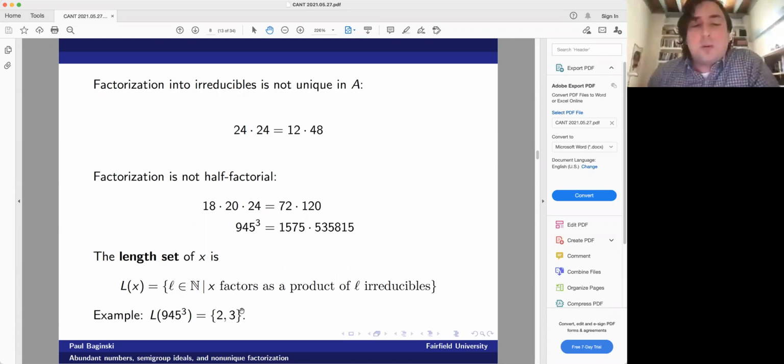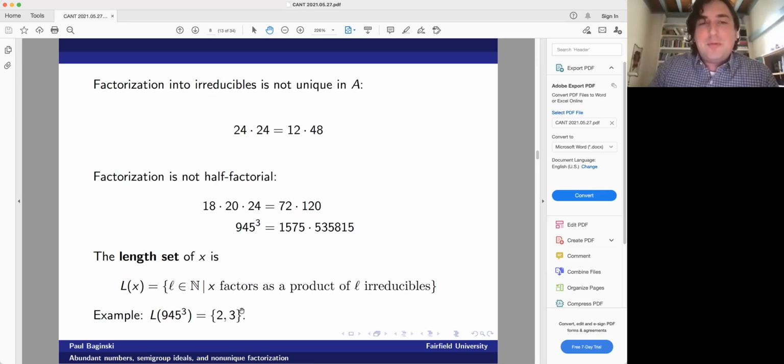Now, generally, if you're working in a more familiar example with non-unique factorization, like an algebraic number ring, if I take 100 irreducibles and mash them all together and take their product, that might be rewritable in several different ways, but generally that 100 is like an anchor and you can't go very far smaller or very far bigger. So the length set is anchored around 100 in a pretty restricted range. It turns out that with these abundant numbers, you get quite a different